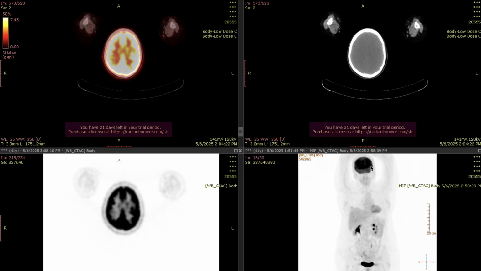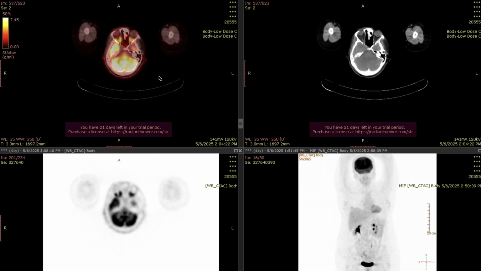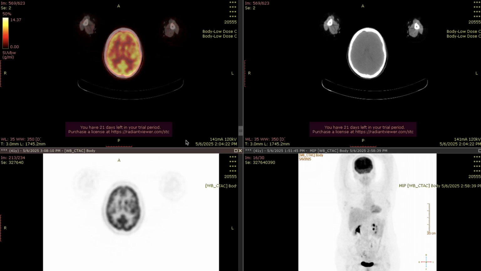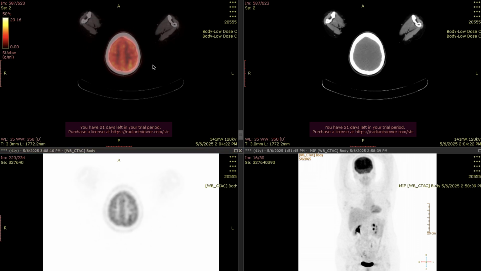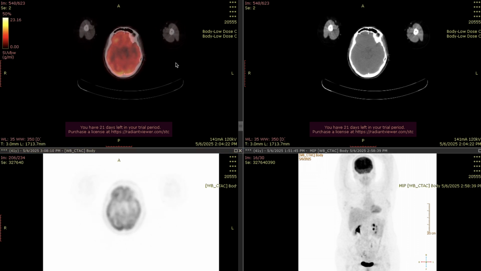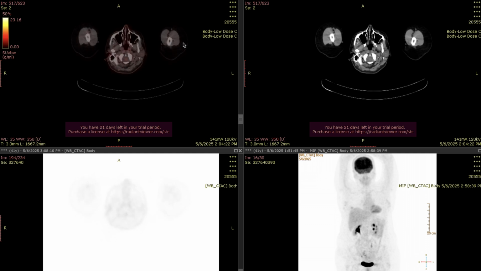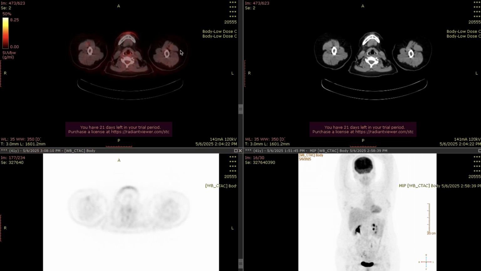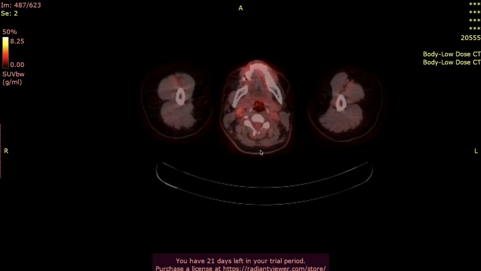As we see, the lower right image is a maximum intensity projection image, which shows the normal distribution of the FDG. We start with the brain, where there is intense physiological FDG activity within the brain parenchyma. We should decrease the intensity for better assessment of the brain parenchyma. However, as we know, the assessment of brain parenchyma by FDG is very limited due to intense physiological activity. We should carefully assess the